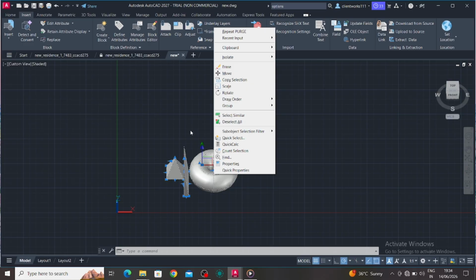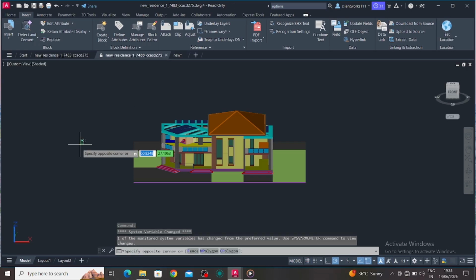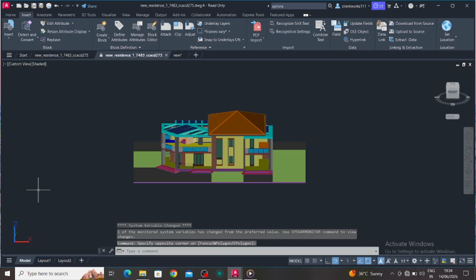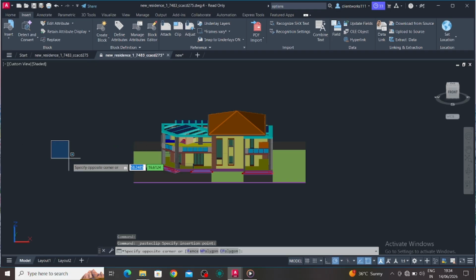While it is not usually a virus, unwanted data such as corrupt objects, excessive annotation scales, duplicate definitions, registered applications, proxy objects, or damaged blocks can be transferred when you copy and paste content between drawings. The good news is that this problem can usually be fixed completely. In this tutorial, I will show you step-by-step how to identify the cause and prevent one DWG file from slowing